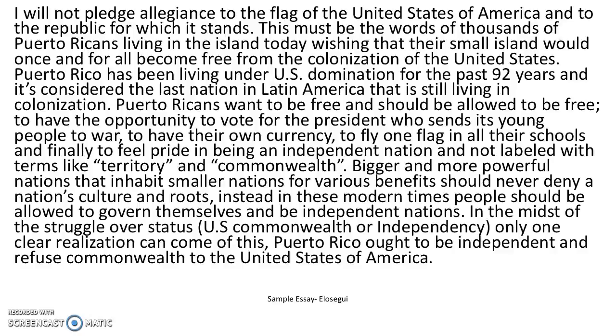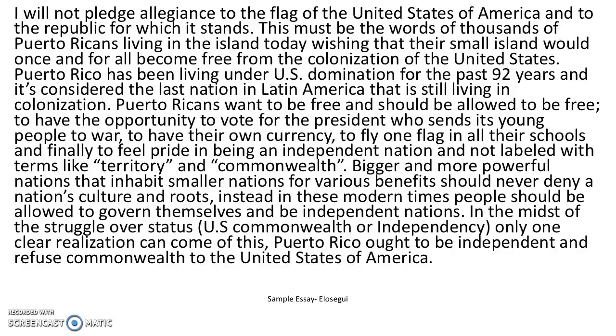Puerto Rico has been living under U.S. domination for the past 92 years, and it's considered the last nation in Latin America that is still living in colonization. Puerto Ricans want to be free and should be allowed to be free, to have the opportunity to vote